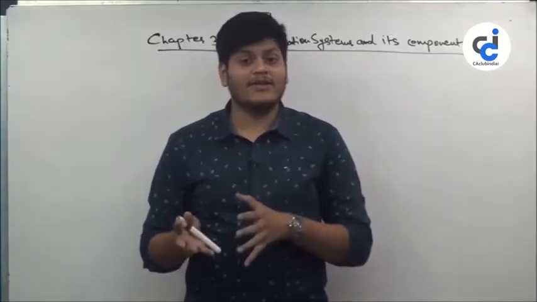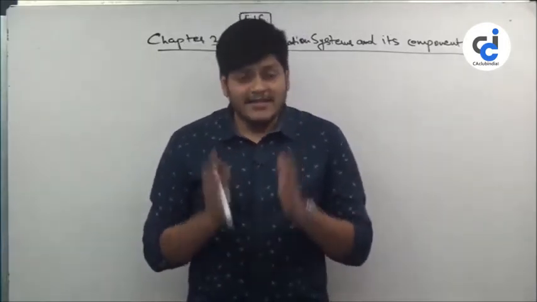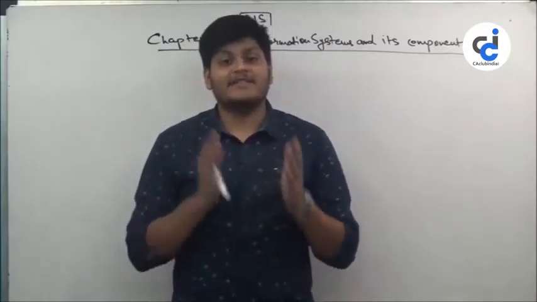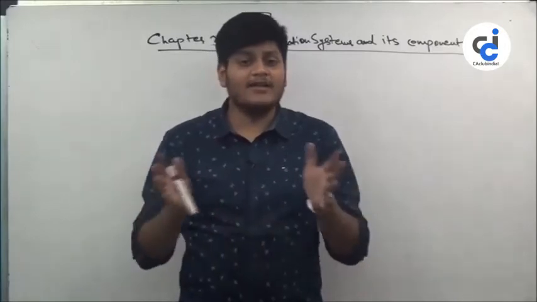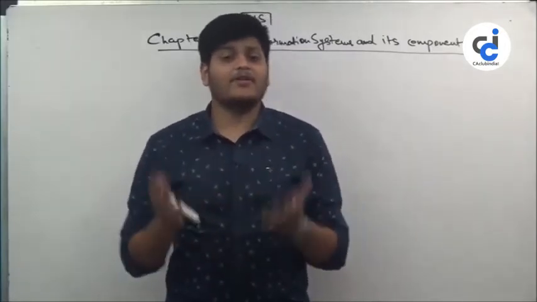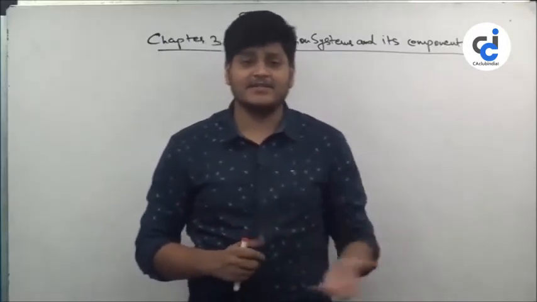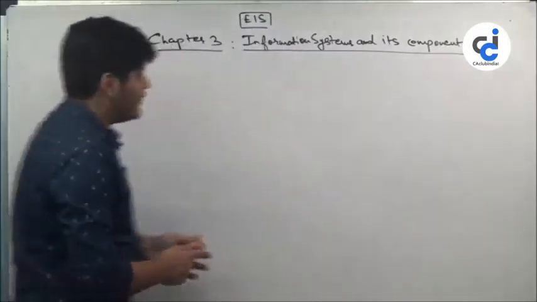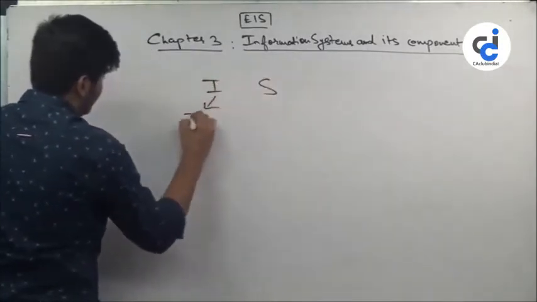Now all these components have some crucial part to play in the entire system. These technical parts have been separately discussed in this chapter, and then we'll see at last how all these parts come together, form a particular system, and then we can implement it in our day-to-day lives, in our businesses, etc. So with the word information system or IS,